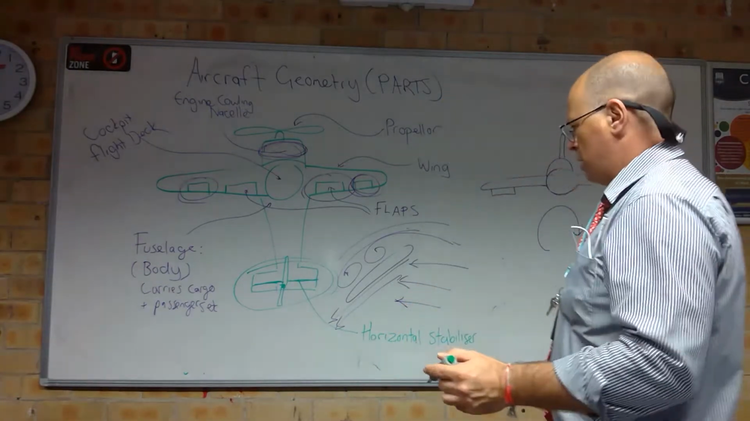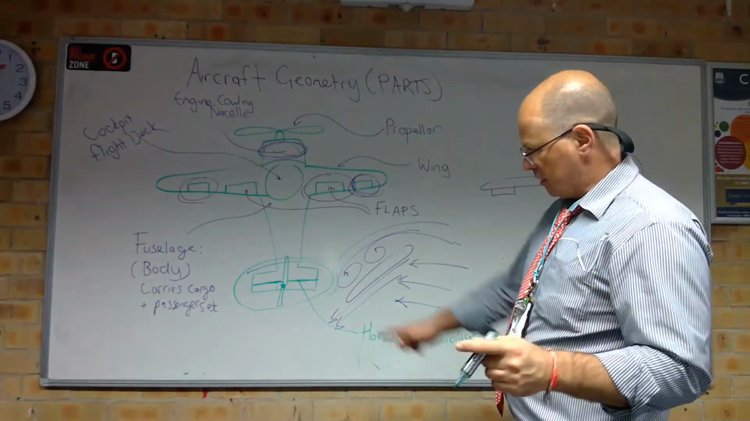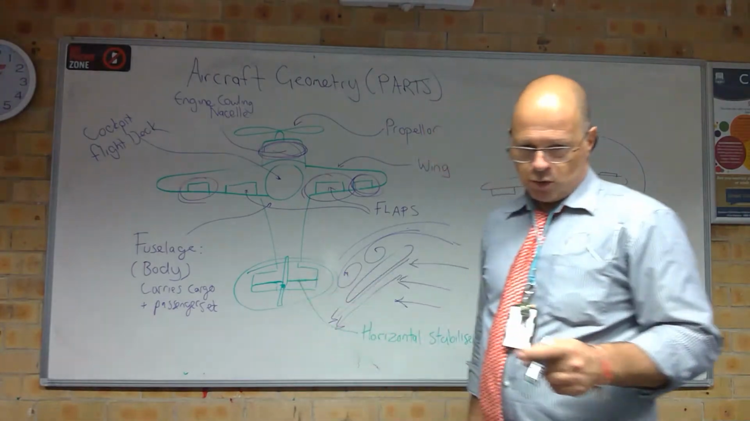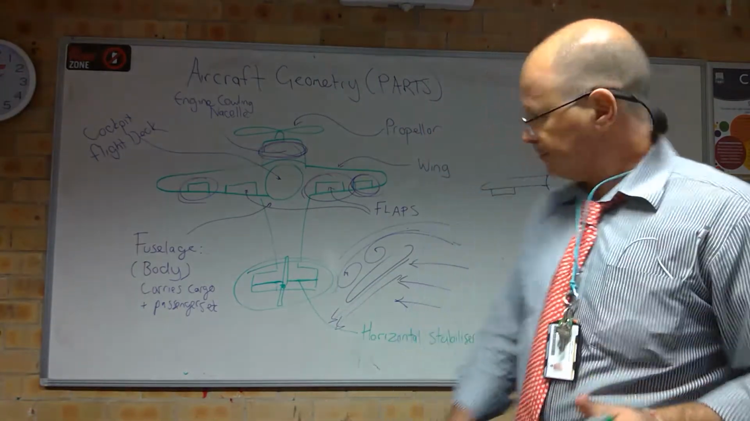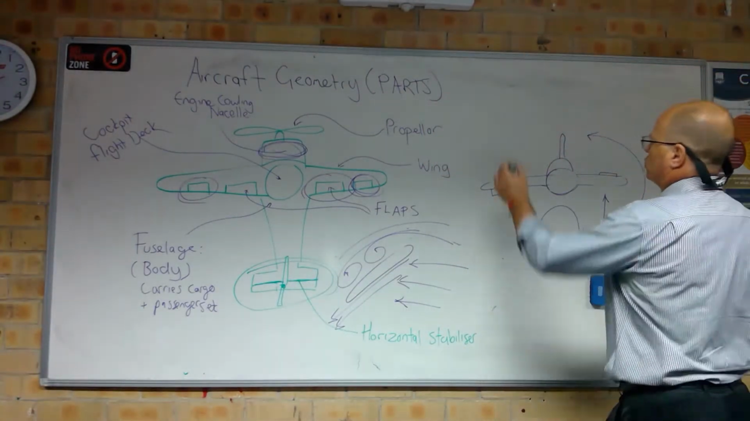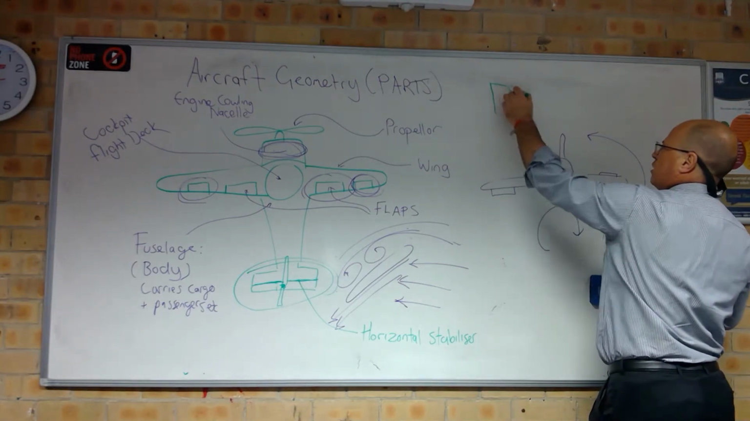Now at the back of our horizontal stabilizer, we've got a thing called the elevator. If I was to draw a side-on view of the aircraft,